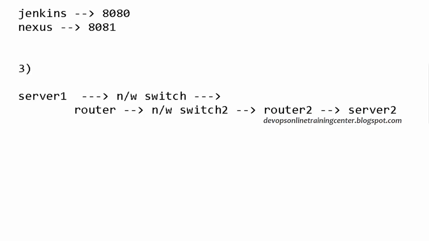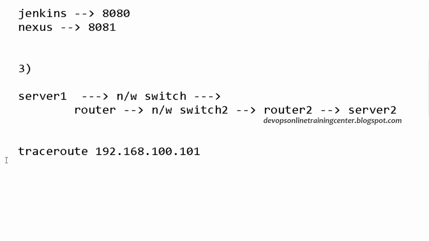Let us say something is not pinging, and this machine is not pinging from server 1, and I want to find out the exact packet flow, how the transfer is happening. From server 1, if I ping server 2, it goes to network switch 1, router, switch 2, and all these things, right? There might be some problem at some level. Maybe network switch 1 is not responding, the router has a problem, switch 2 has a problem, right? Just to find that out, I want to trace the route. So traceroute and the IP is the command. In a network infrastructure, if you just type the IP, it will show all the IP addresses through which the packet is traversing from here to here. We can see all the devices involved in this packet flow.